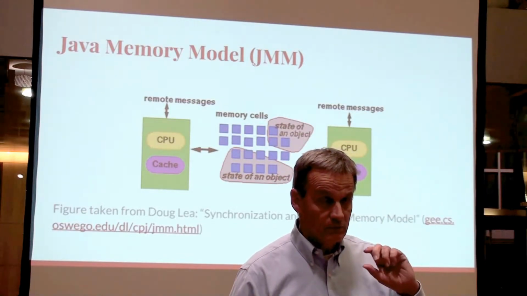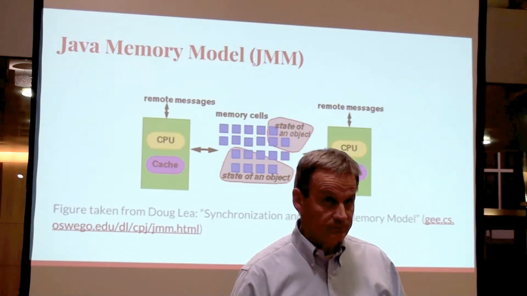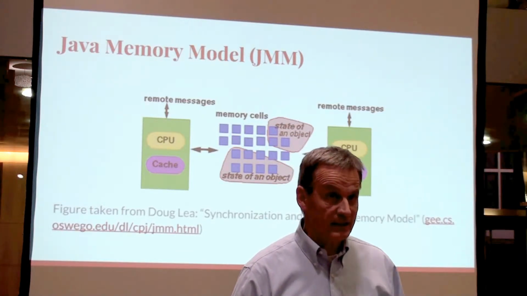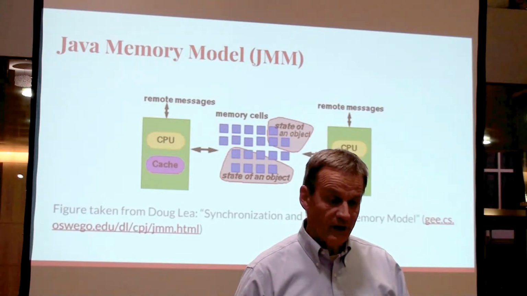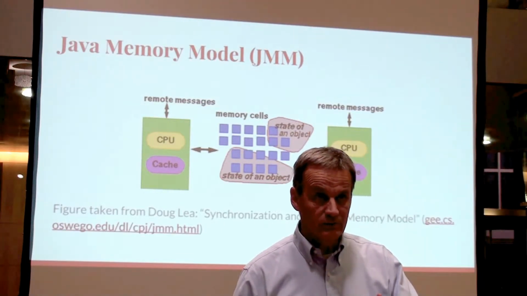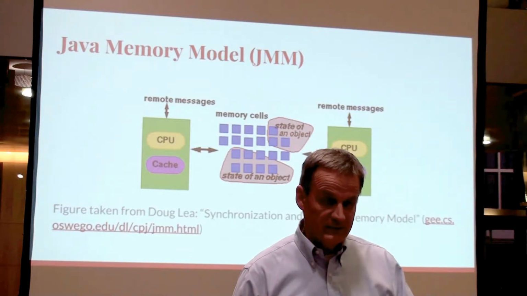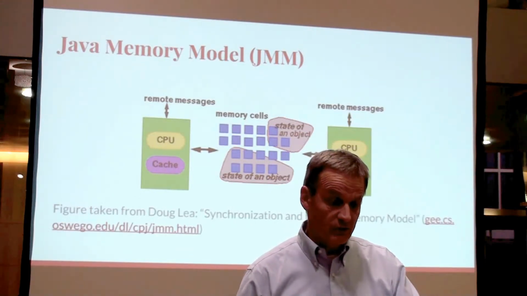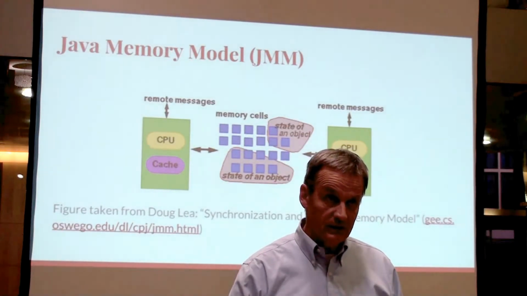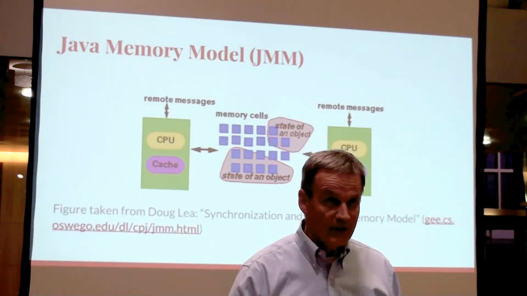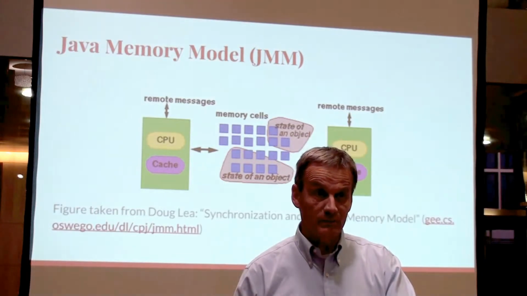If you update a variable, that update might only be done in the cache. You have to tell the compiler that it has to not only get the value that is stored in shared memory, bring it into the cache, update the value, and write it back onto the shared memory. And that is what